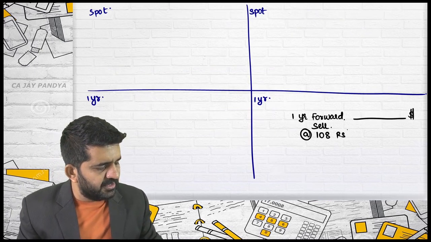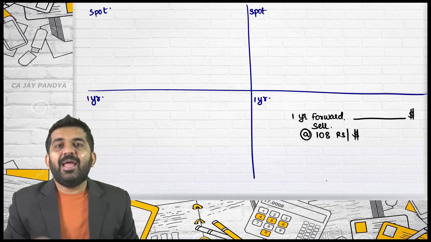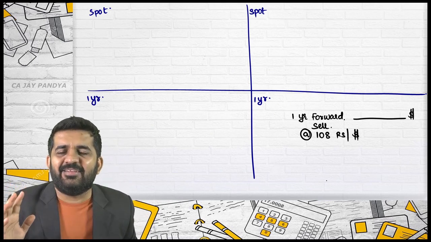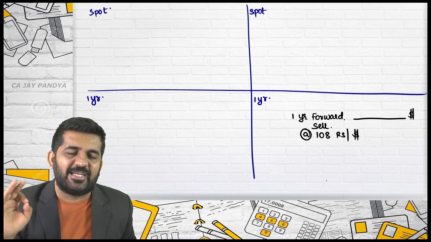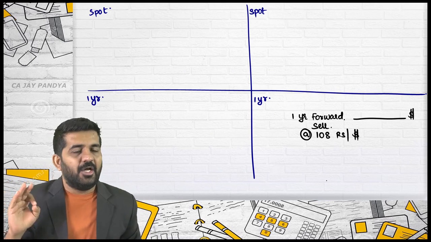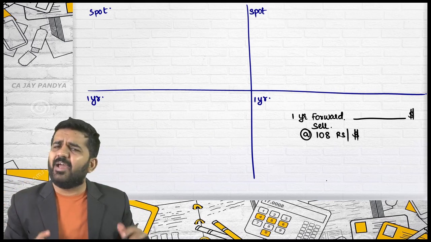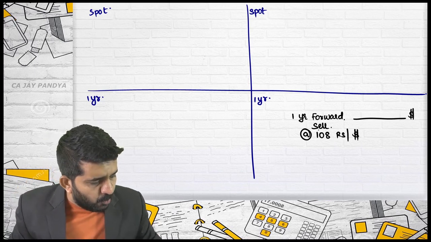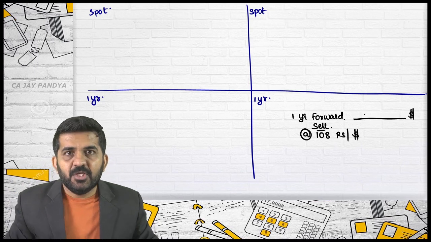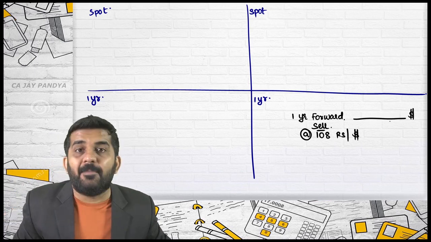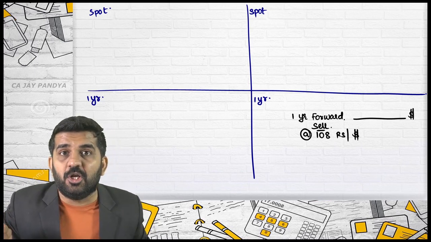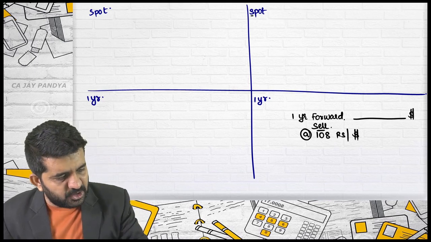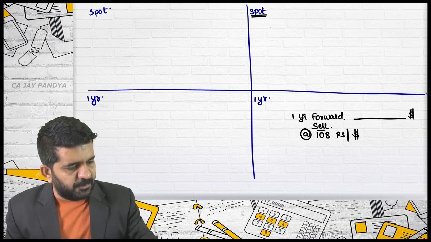108 rupees per dollar. And please understand, here in derivative settlement, we will be doing settlement by delivery, not settlement by differences. Whenever we do arbitrage, we do settlement by delivery. So if you want to sell it, you should have it. And as I told you, you have taken a bearish position, or you have sold the dollar in forward today, so in the spot you will always purchase dollar.